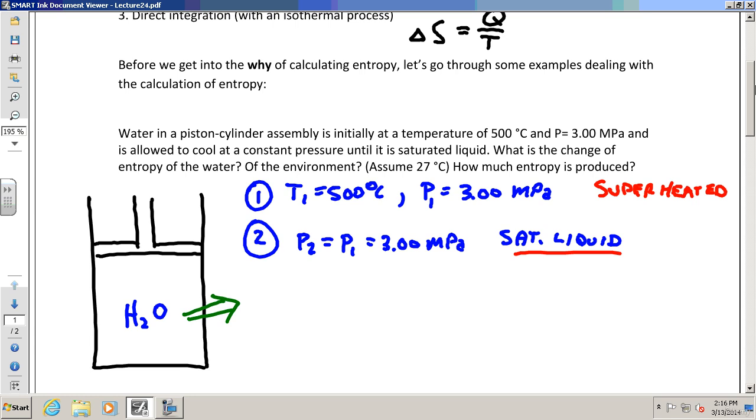So now that you know that where heat goes, entropy goes, I want you to answer these 3 questions without numbers. What is the change of the entropy of the water? Does the water, what's inside here, go up or down or unchanged entropy? Down. Good. What do you think about the surroundings? Do they go up, down, or same entropy? Up. Good.